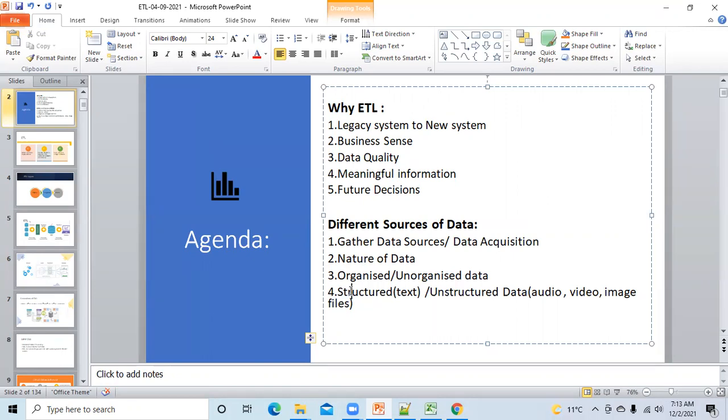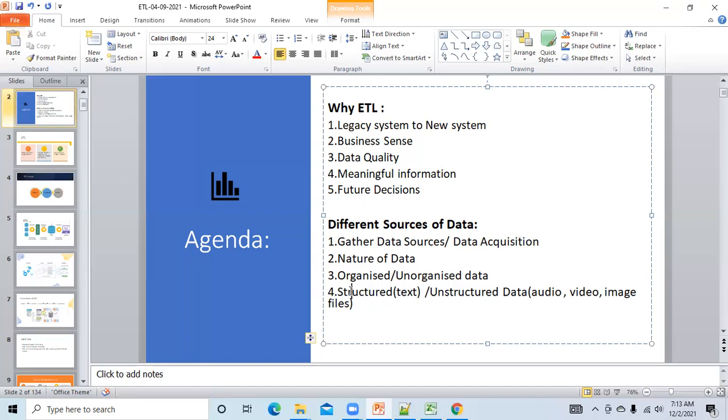Now, if you don't have the technology to process this unstructured data and fetch information from it, then you will not be able to understand how your business is performing and what your customers need. So that's why the new technology came into the picture, big data, Hadoop, NoSQL, and